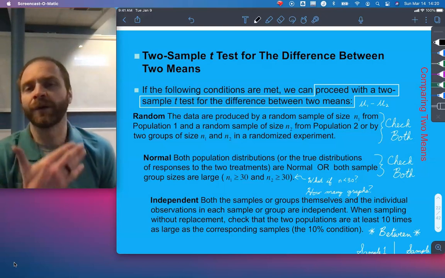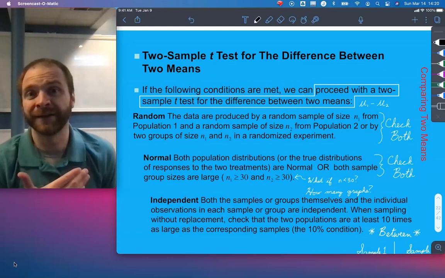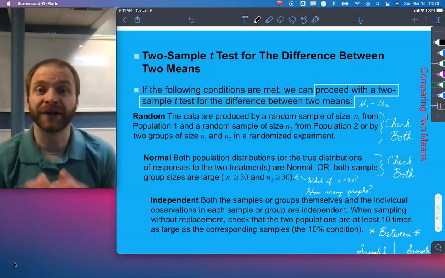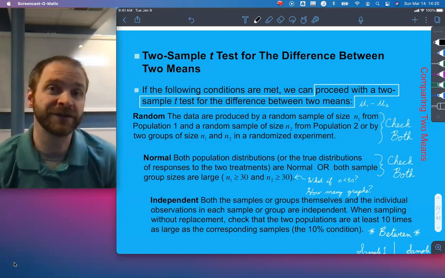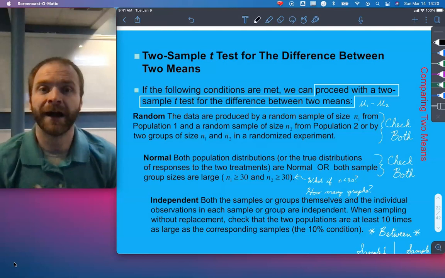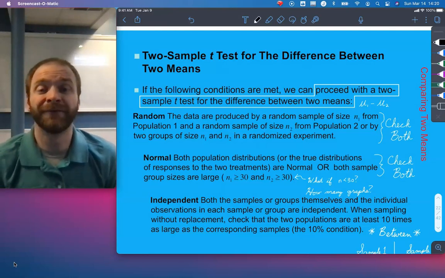So here's some more information on your plan step, because this is where a lot of your writing is going to be. If the conditions are met, you're going to proceed with, you get to name the test, a two-sample t-test for the difference between two means, mu1 minus mu2. Random: you have to make sure both of them are random, so you have to check both. For normal, now